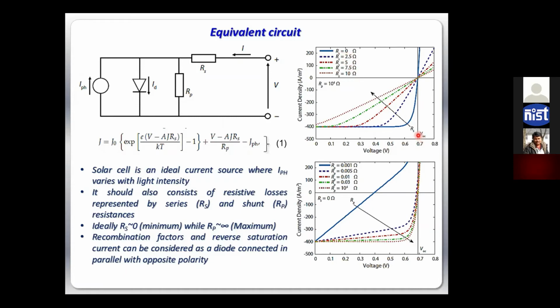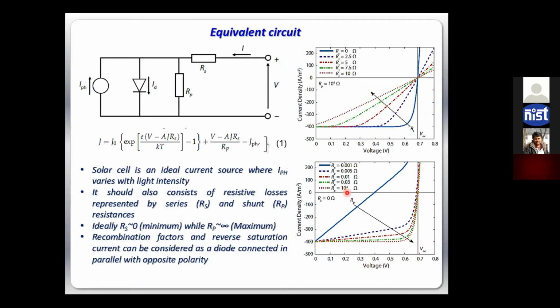So what happened? If I keep increasing the RS, the RS is basically the slope at V equal to 0, right? So you can see, more and more RS will create this slope tilted. So basically you will have a saturation or S-shape kind of IV characteristic near this zero voltage region, and overall the fill factor will turn from this square kind of shape to more flat, right?